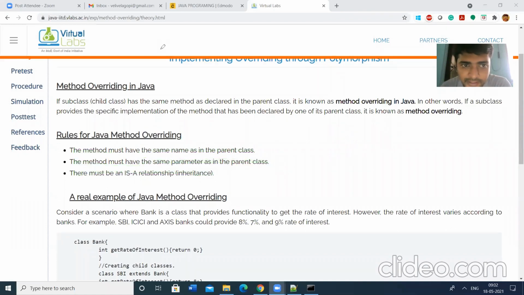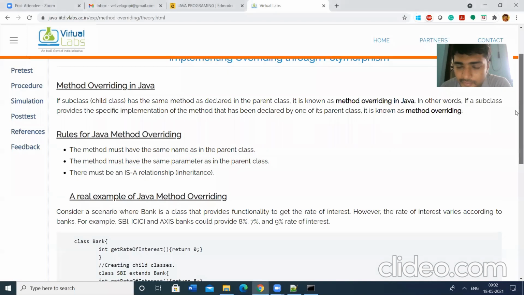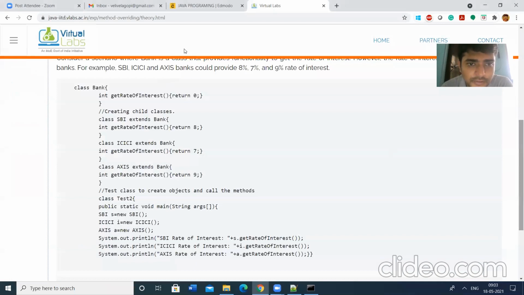Let us see one example here. He has taken one class, Bank, and it has the method getRateOfInterest. Class SBI extends the properties of Bank.